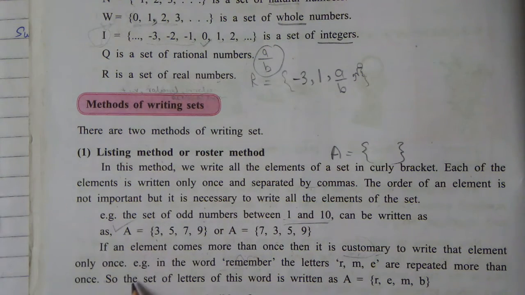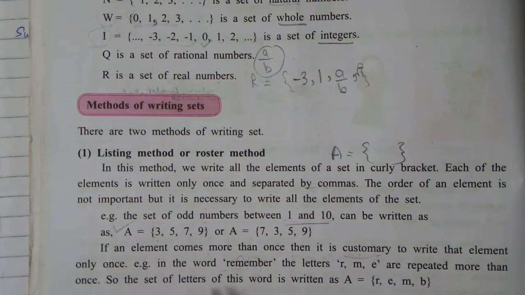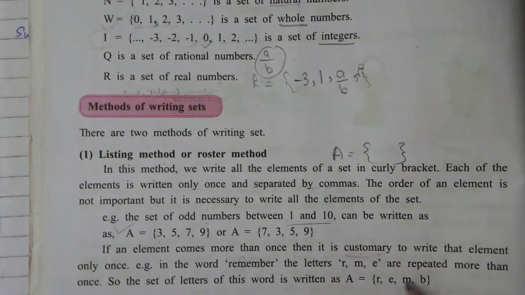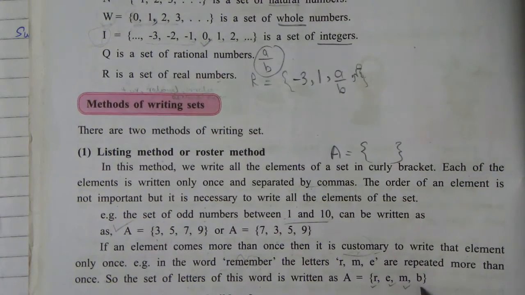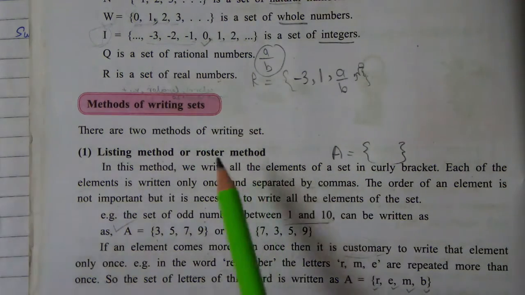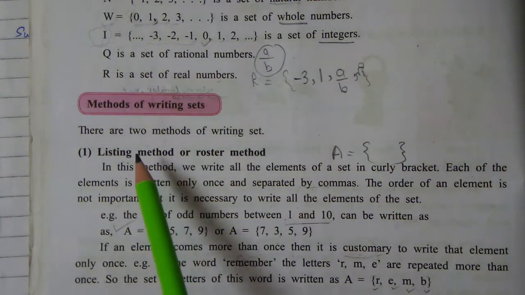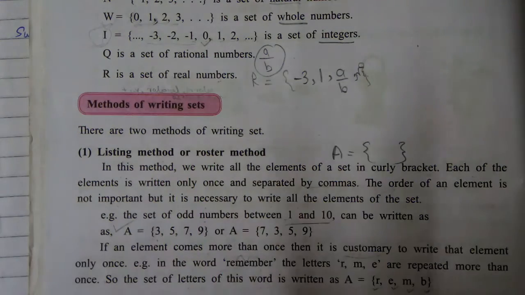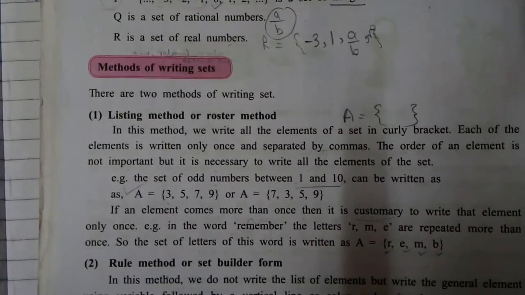So what we will write, the set of letters of this word is written as r, e, m, b. The repeating letters will be written only once. So this is the very simplest type of method, that is the listing method or roster method. Now our next method is,